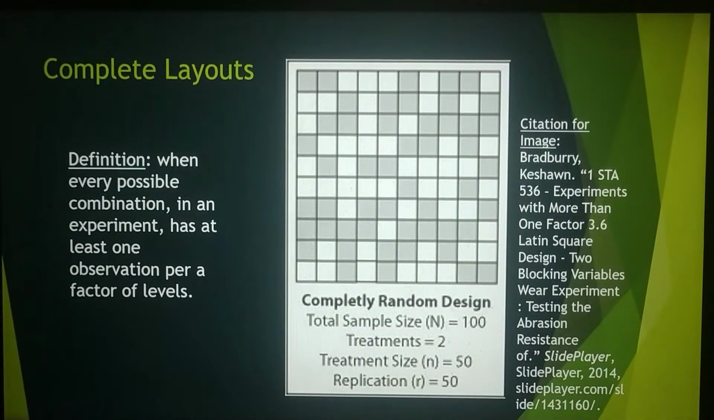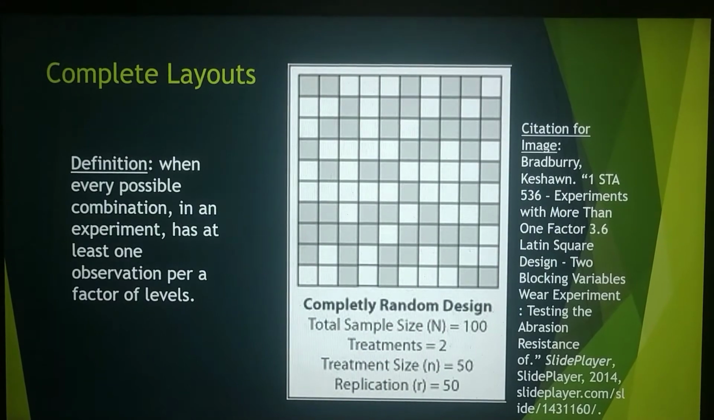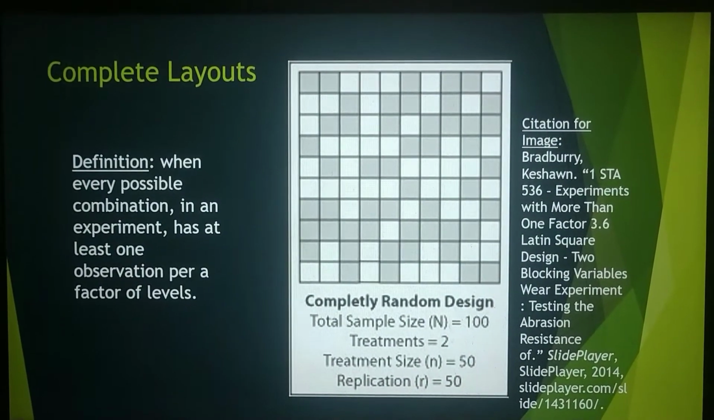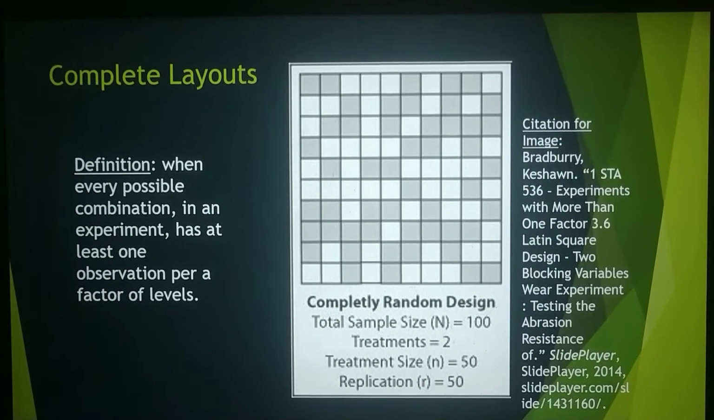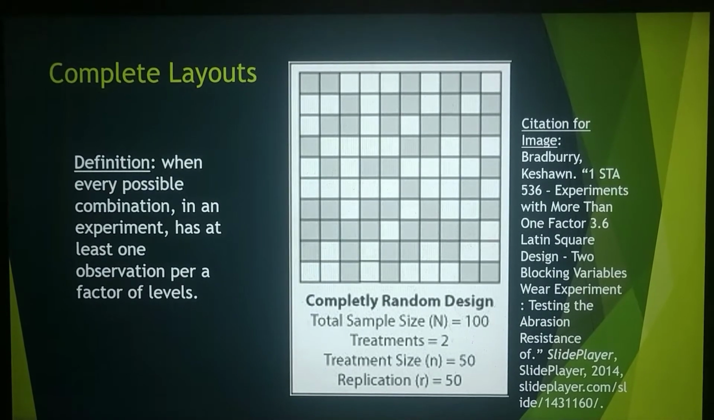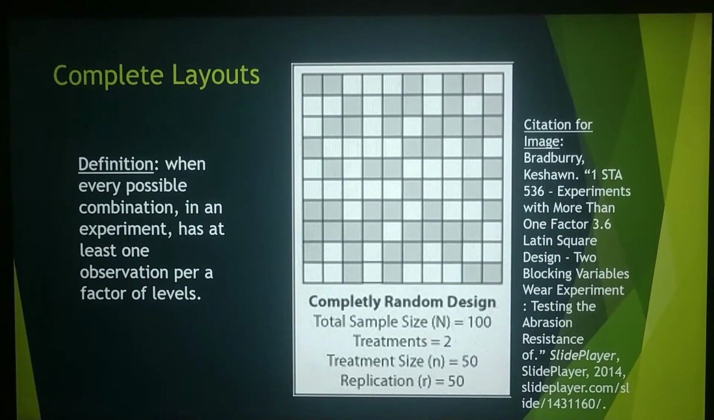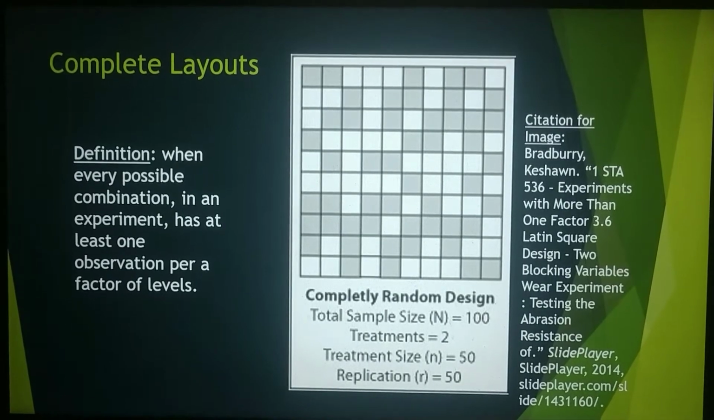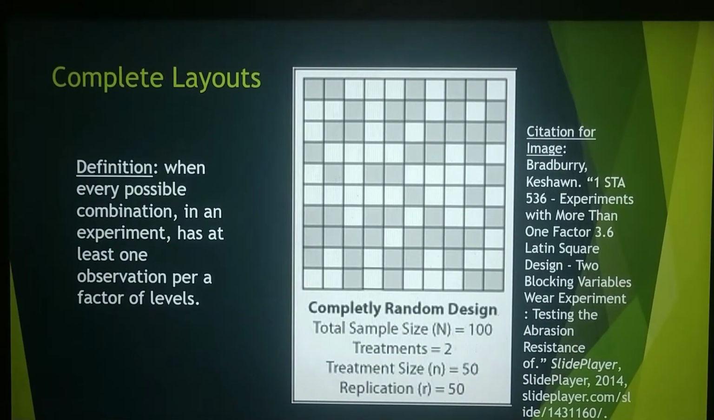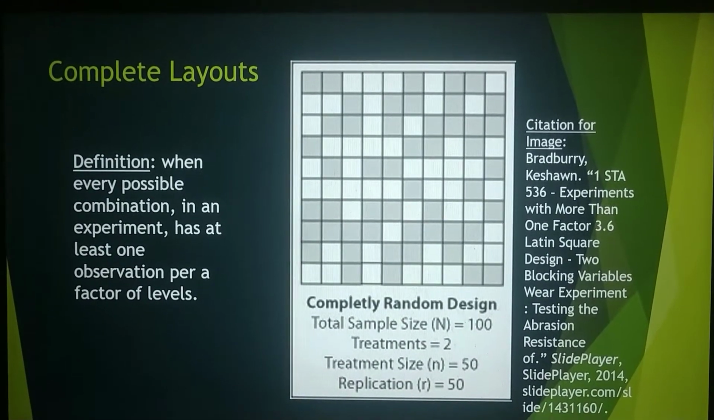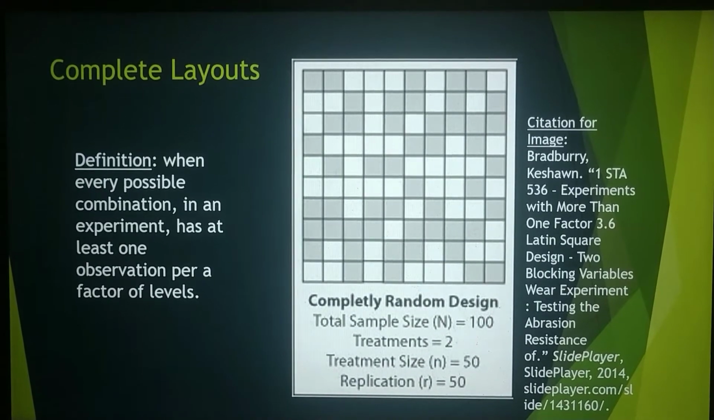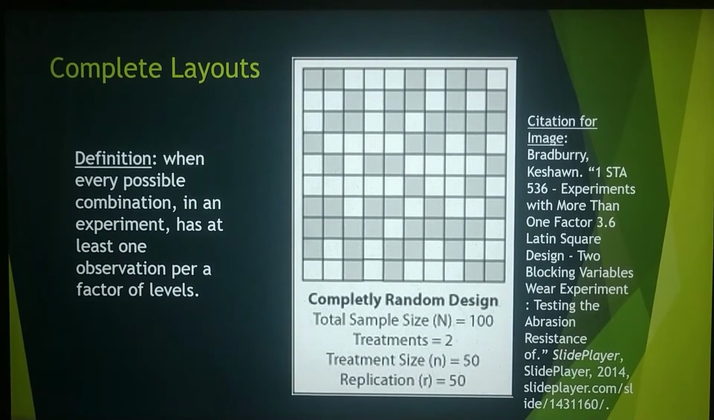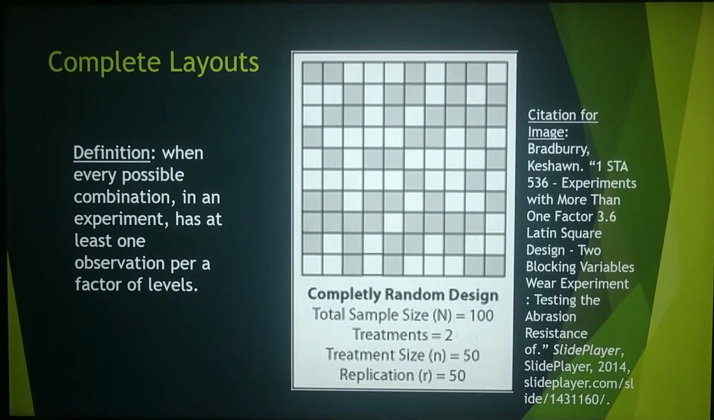To discuss what a Latin square design actually is, I need to first talk about randomized layouts, which in an experiment, the layout is just the physical arrangement of the experimental units. In order to tell what a Latin square design is, I must explain the difference between a complete and incomplete layout. So a complete layout is when every possible combination in an experiment has at least one observation per factor